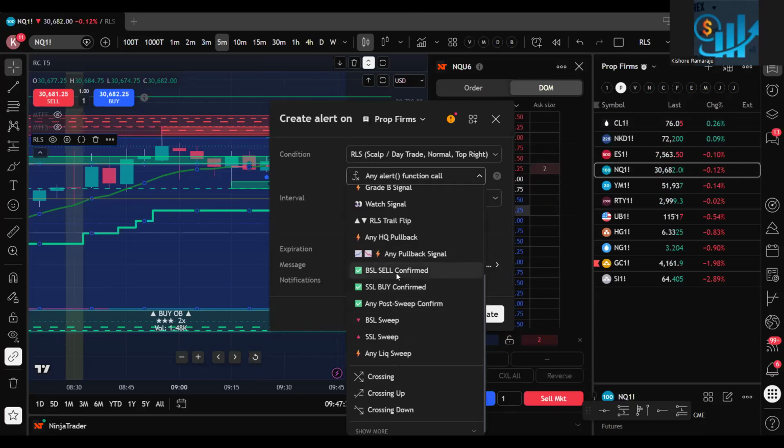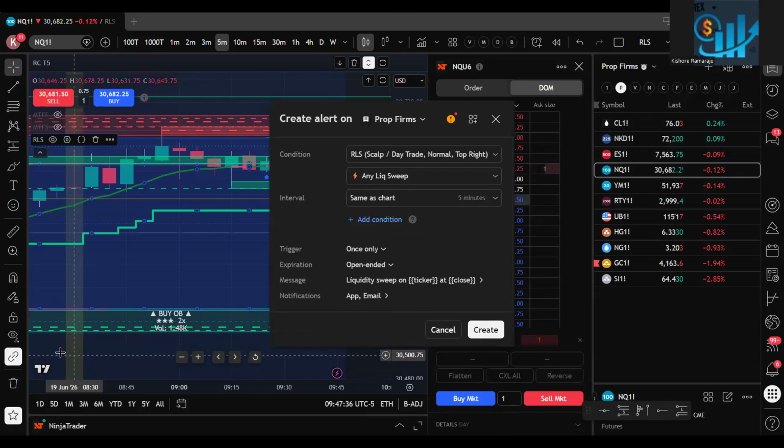You may miss some 10-15 points during that process. If you are waiting for this signal and then going there, you may miss some time, you may miss some profits. If I'm going here and put it, whenever I get a notification, I'll go and see, right? I'll be ready with my buy order.